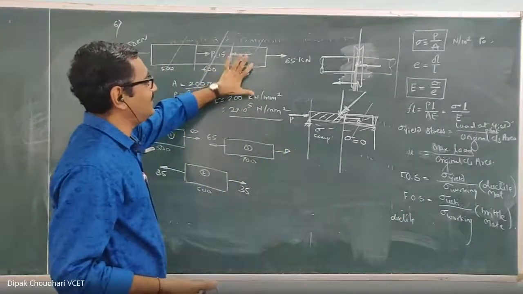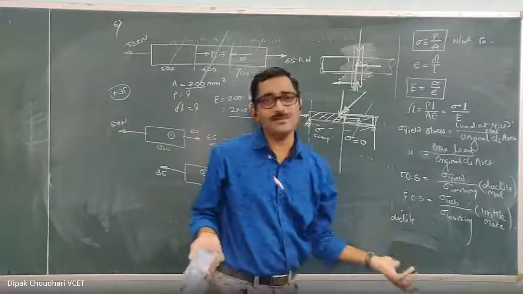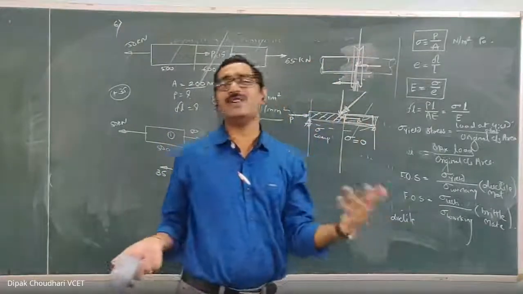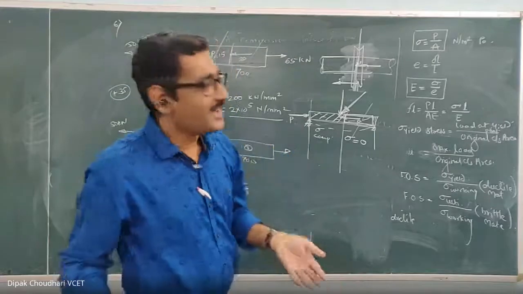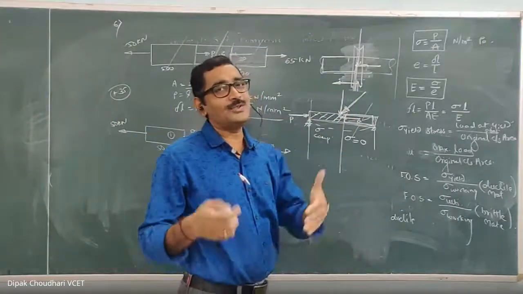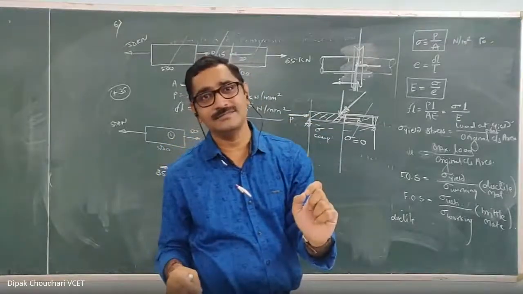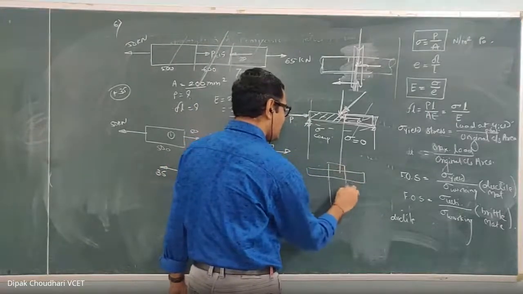So this intermediate force is acting. This intermediate force may be because of any inclined force acting at any intermediate point on the beam, or if such type of shaft is there, on that particular shaft also some inclined force is there. I'm considering the simple example of the pulley. But suppose two shafts are connected together with the help of bevel gear. Even if you consider the spur gear, two different shafts are connected with the help of spur gear.